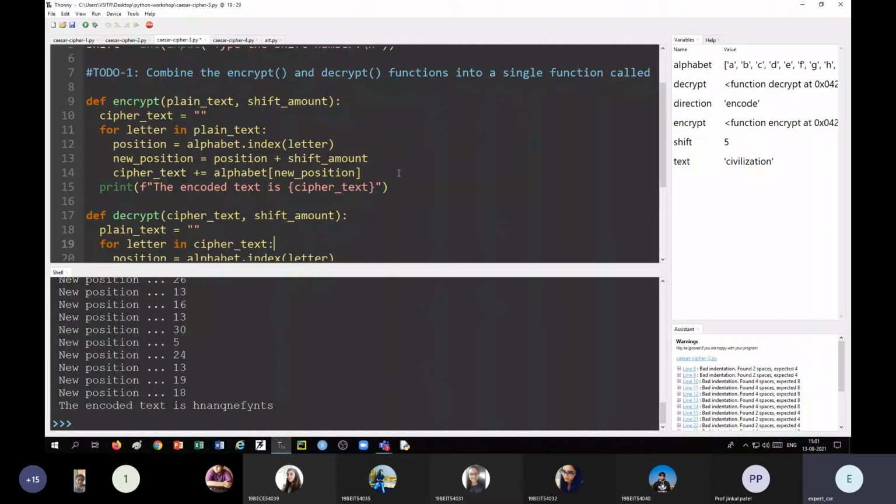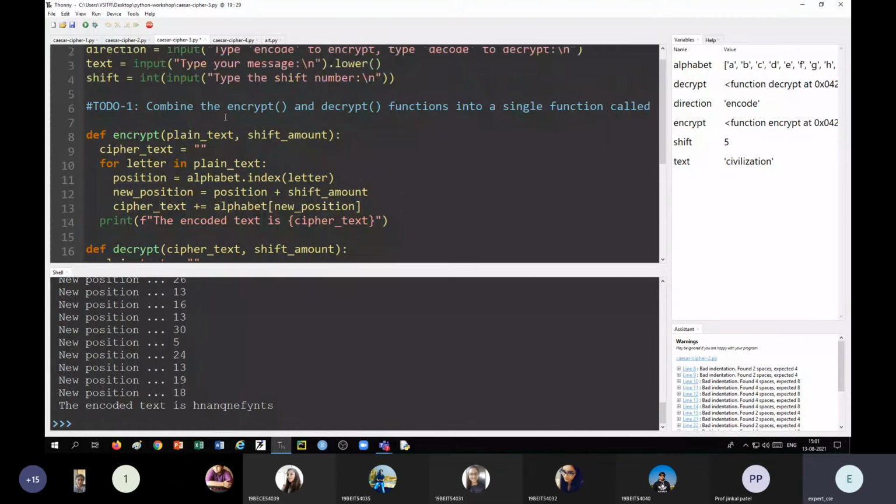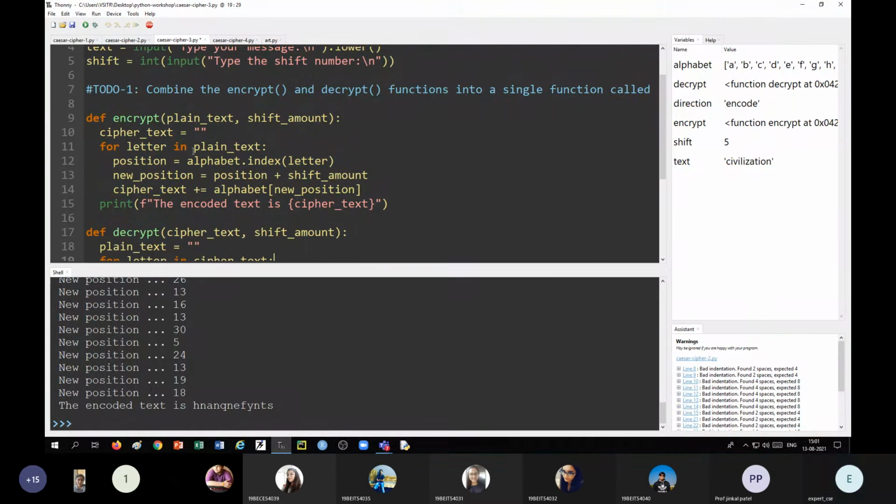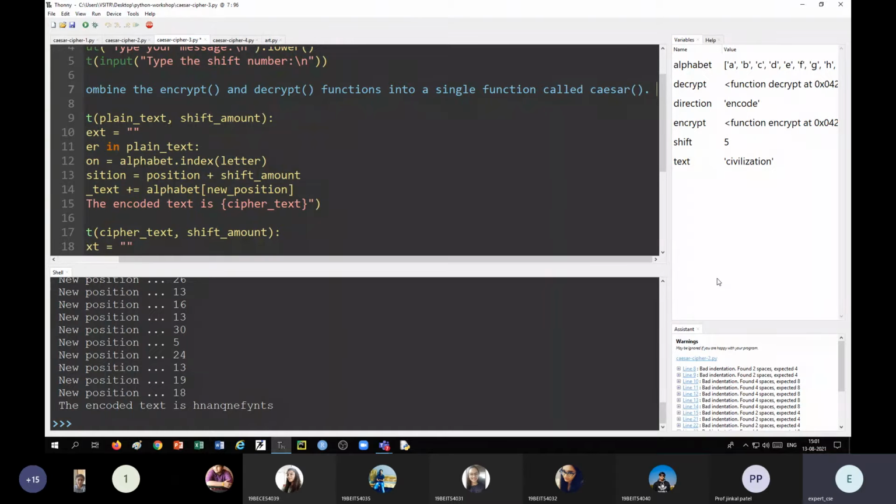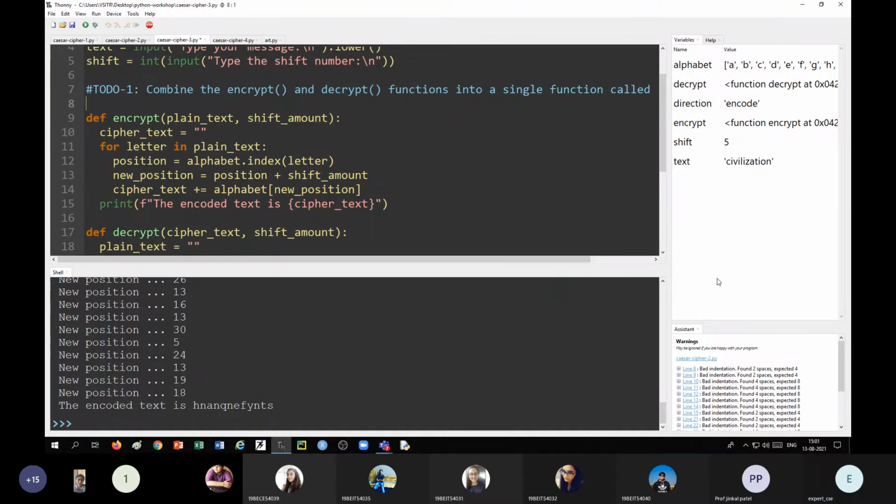So instead of addition, automatically it will be subtraction. Here the aim is to combine both these functions. Let me give another single name, let me call it Caesar. So now I am going to define a new function called Caesar.